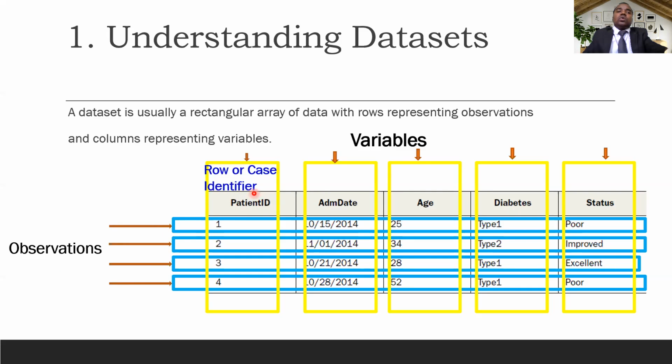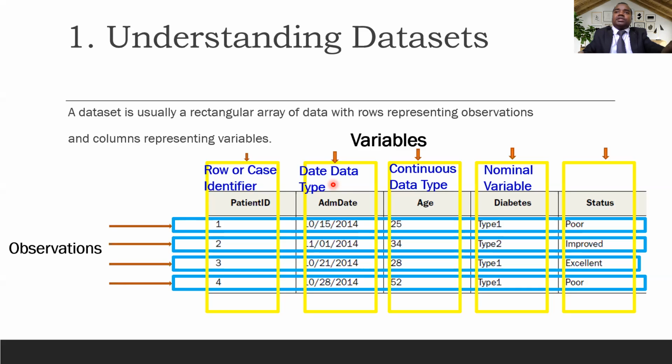So first row, first column, you can see it has the patient ID. This patient ID is known as your row identifier or case identifier. And then admission date. In this field, all the data are in date format. Then your continuous data type: this age data has a continuous value like 25, 25.1, 25.8, 26, 29, 30, 50. So there is no gap in between the data. That's why it is known as continuous data type.